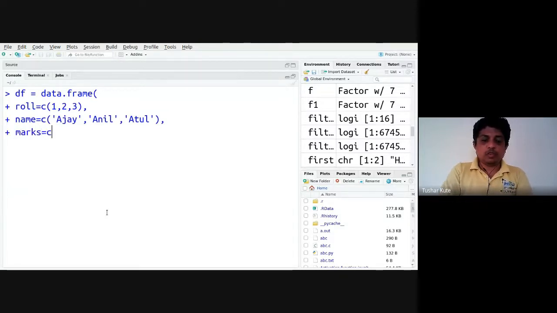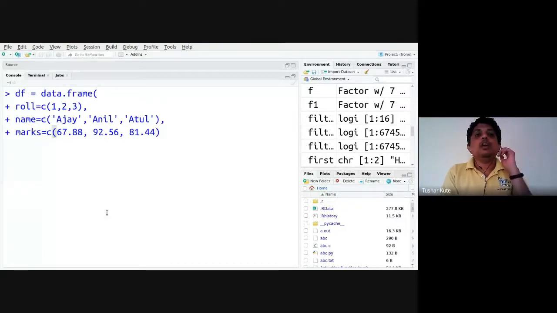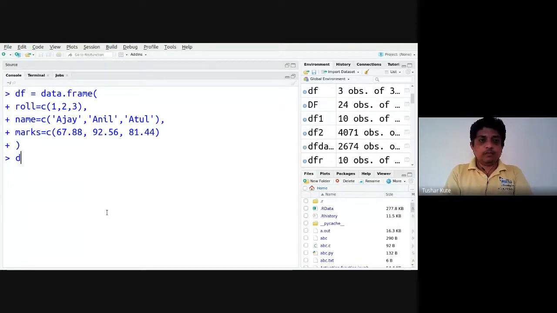Marks is equal to c of, again different marks. Now roll number, name, and marks, these three are created. I'll just finish it and see the data frame.